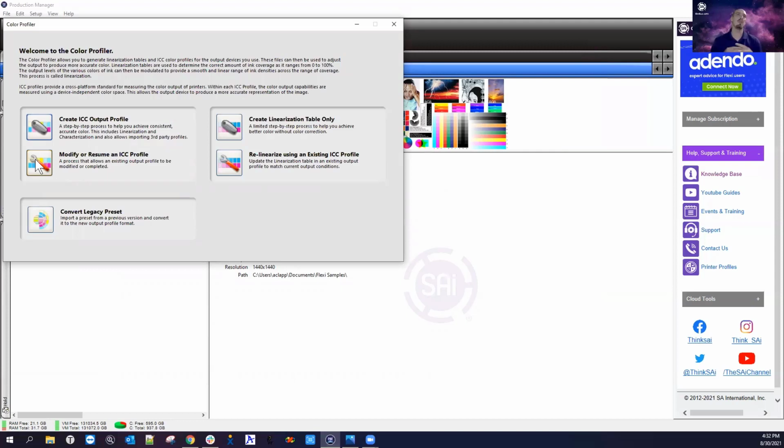We would recommend that when you create profiles, let's say you have two or three different medias that you use, and you have a high and low quality for each one. I would say do a profile for each. So your banner, do a high and a low. Your regular vinyl, do a high and a low. Different things like that. Have different options available for you,